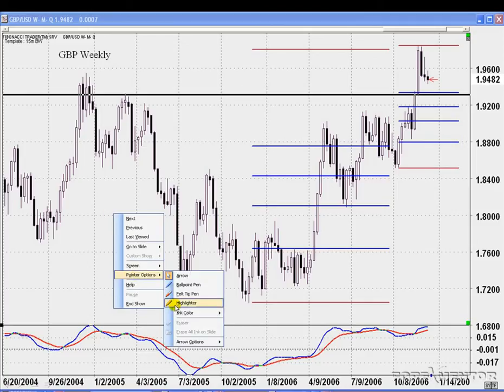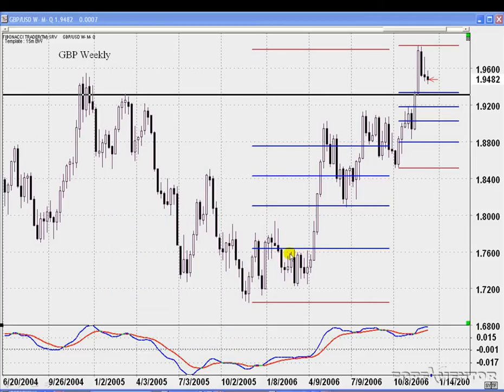Looking here at the weekly chart, this is a British pound weekly chart, and just to give you an idea, again, to stock your scalping trades. For example, you see this high right here, which converges with the 38% retracement of this upswing. The market has a very high probability of bouncing at least 10 pips at this level. It is a key level of resistance here, and should price make it down to that level, very high probability of a trade there, which could even not only be a scalp, but even a medium to longer term trade. And again, at the 50, which is at this high right here,